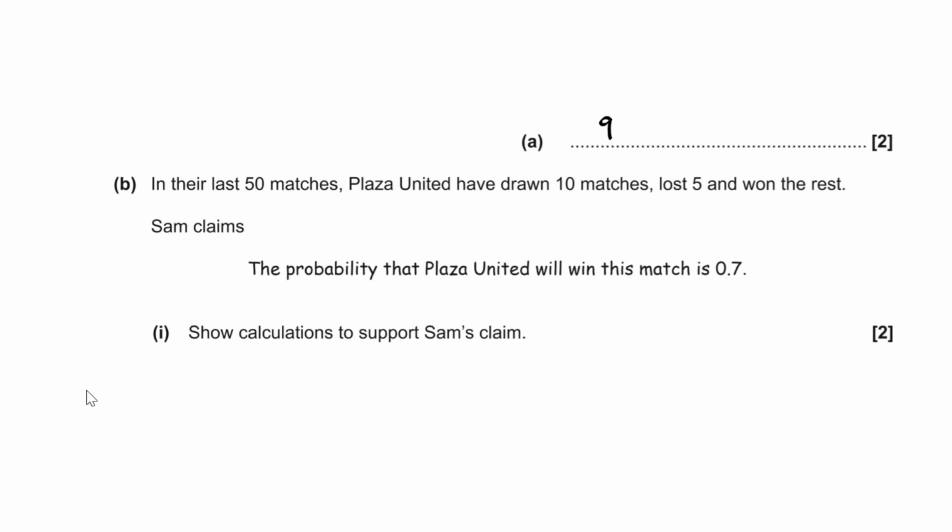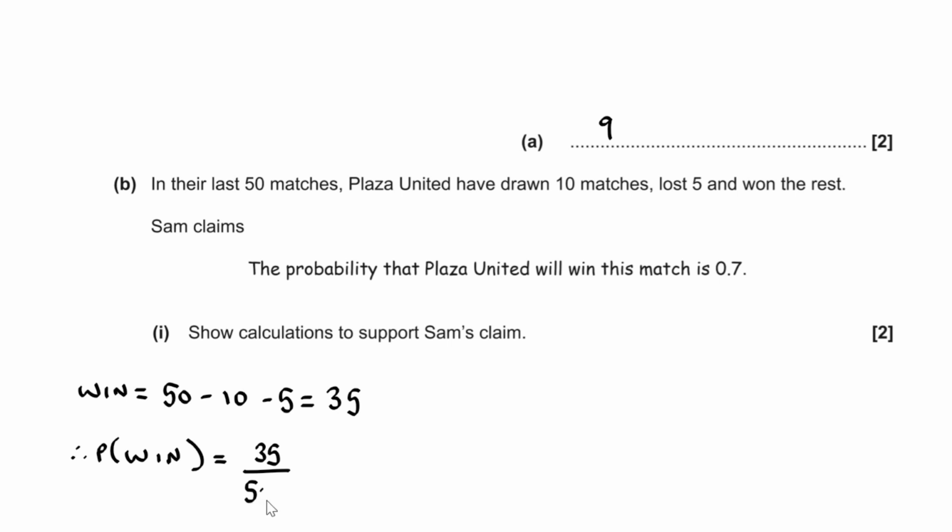Well, they play 50 matches, 10 of them are draws, 5 of them are lost, so we've got 35 which are wins, and therefore the probability that we win, we've got 35 over 50, which is equal to a value of 7 over 10,